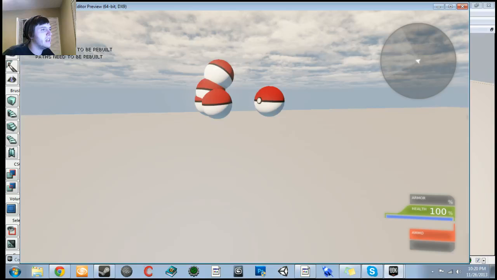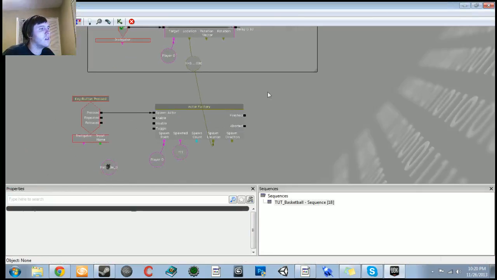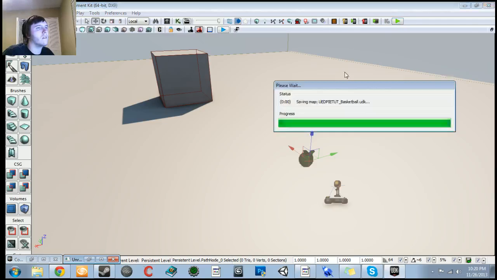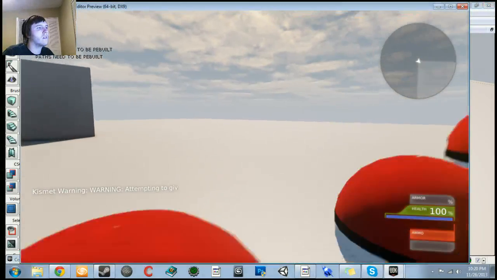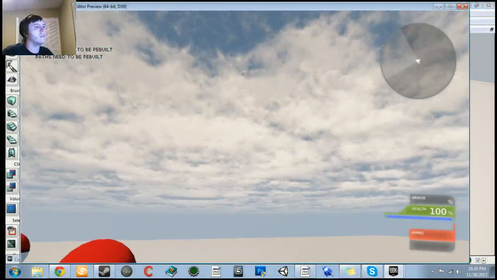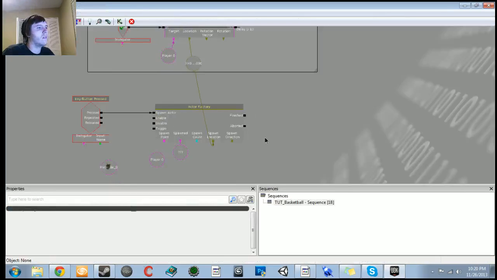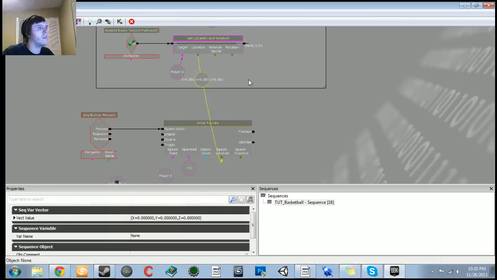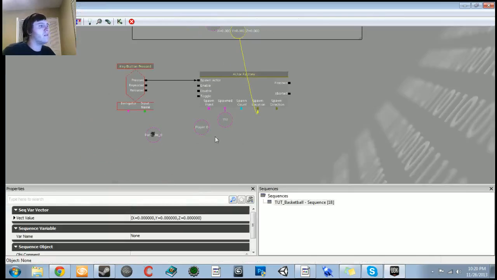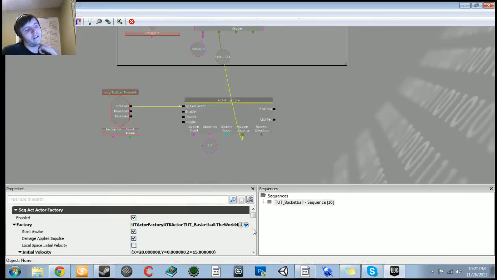Alright, now they're just randomly spawning. Okay, so we don't need anything with the path nodes, but for some reason,